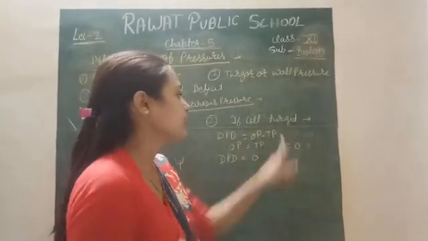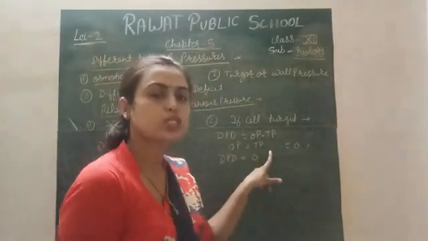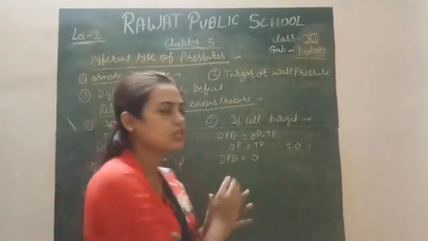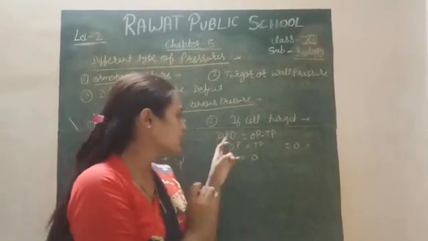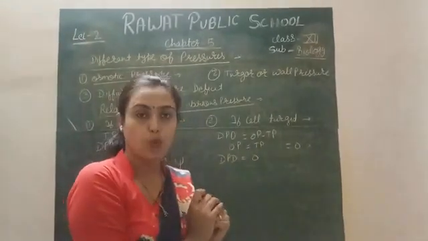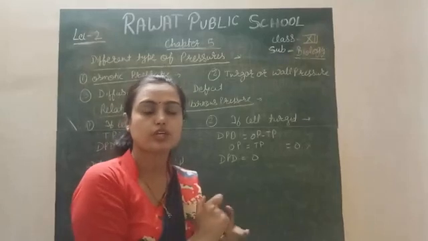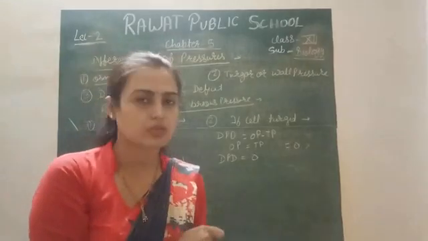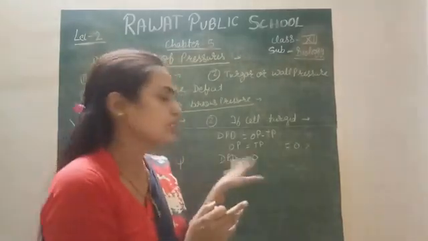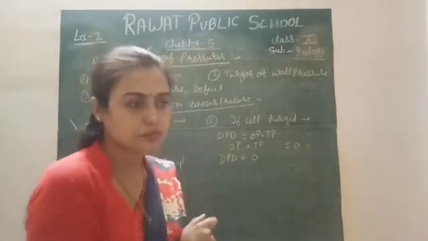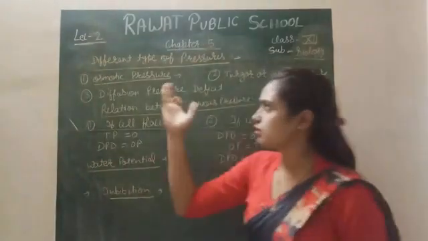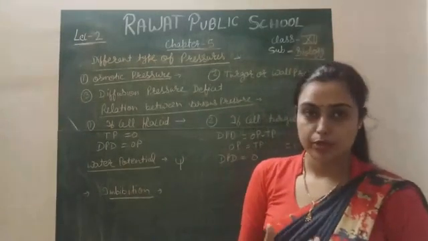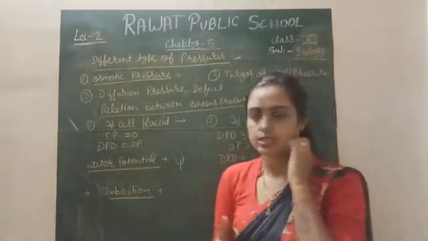And we know that in the turgid cell the osmotic pressure is equal to the turgid pressure. So if the osmotic pressure is 0, it means the turgid pressure will also be 0. So in that condition DPD will be 0, because there is no turgid and there is no osmotic pressure. If there is no osmotic pressure, then no turgid pressure will survive. So DPD of the turgid cell will be 0. These are the different types of pressure exerted by the hypotonic and hypertonic solutions on the cells.